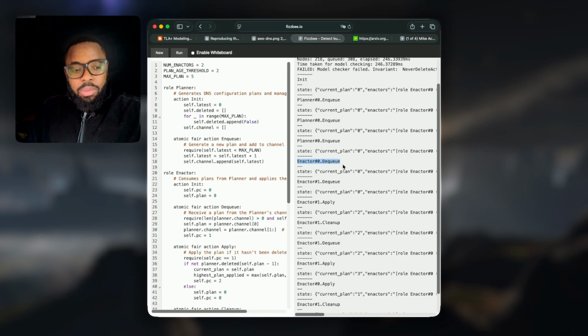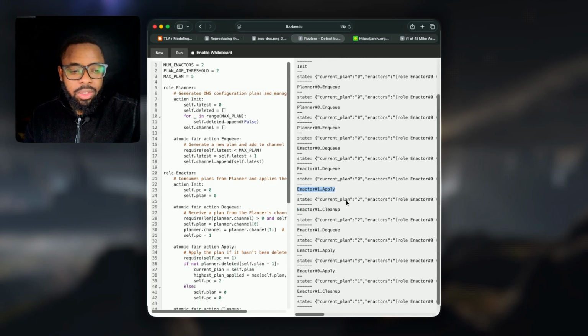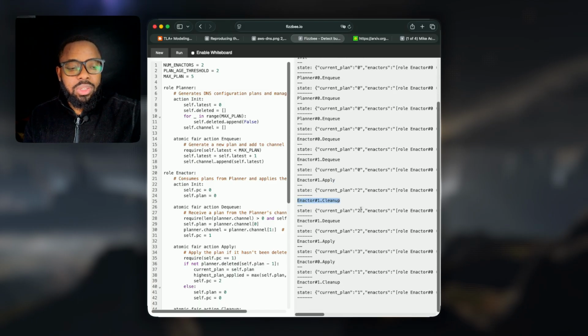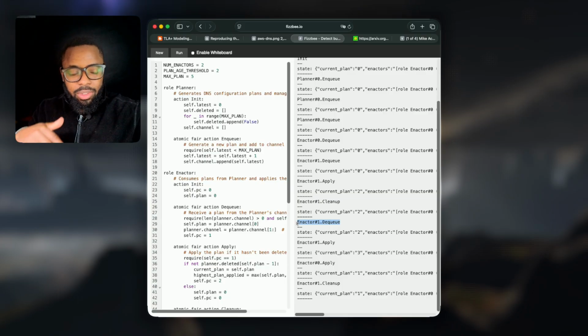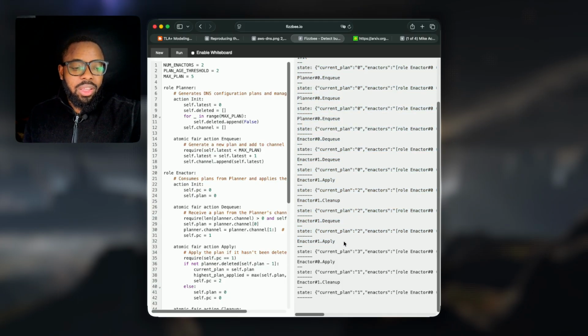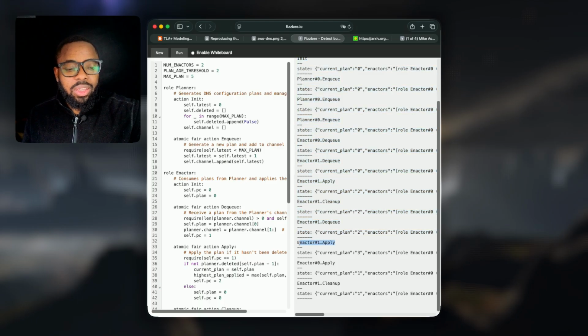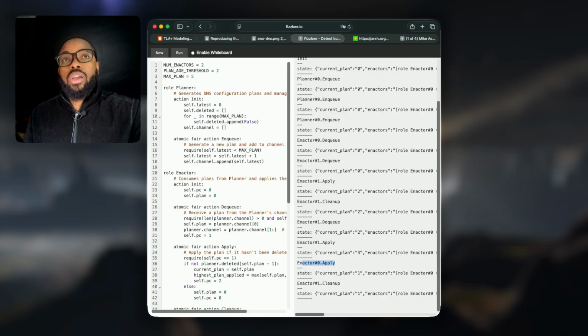Well, while that's happening, Enactor 1 does a DQ, right? It applies the plan and it does its cleanup. Then again, Enactor 1 goes back, right? It does another DQ, it does another apply. And it's when it's on its second apply operation, that's when Enactor 0 comes back to life, essentially saying, oh,